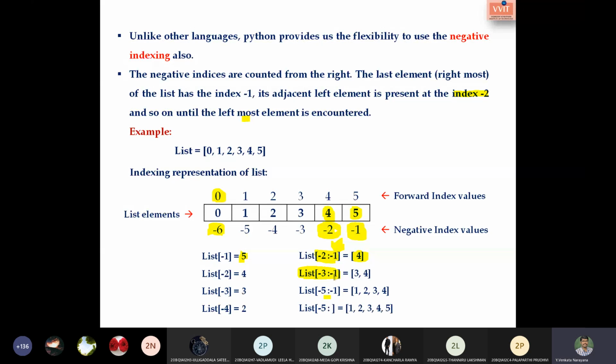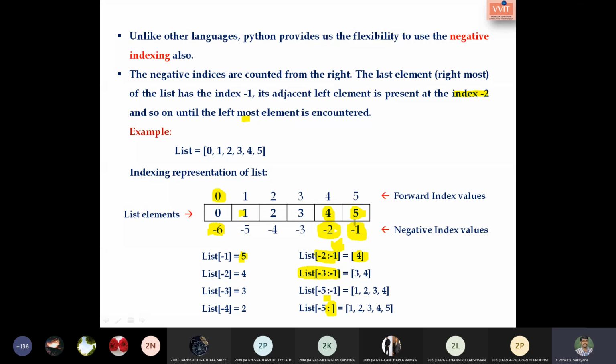Say for example, like this I have mentioned that the starting value is -3 and I did not specify the ending value. So what is the ending value here? By default it will be -1, sir. Yes, it is -1. So the values start from 1 and end at 5. Is this clear? Yes, sir.